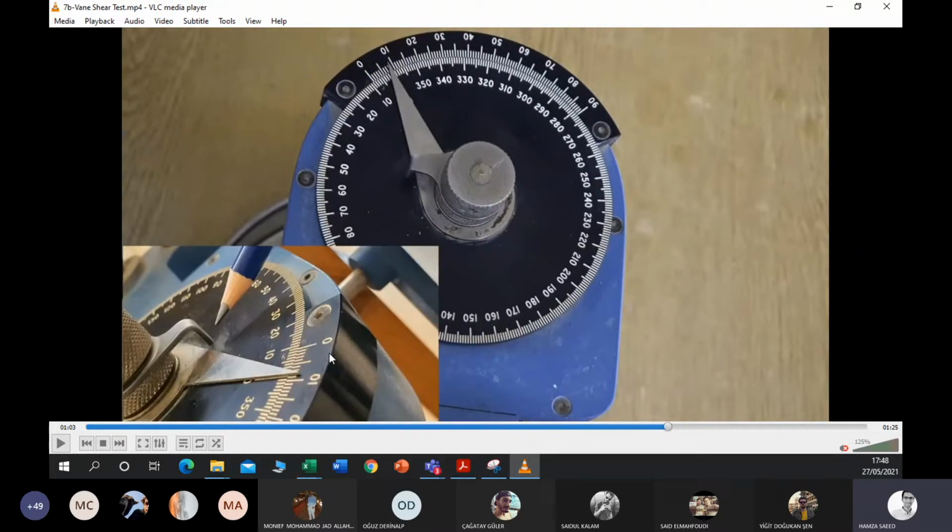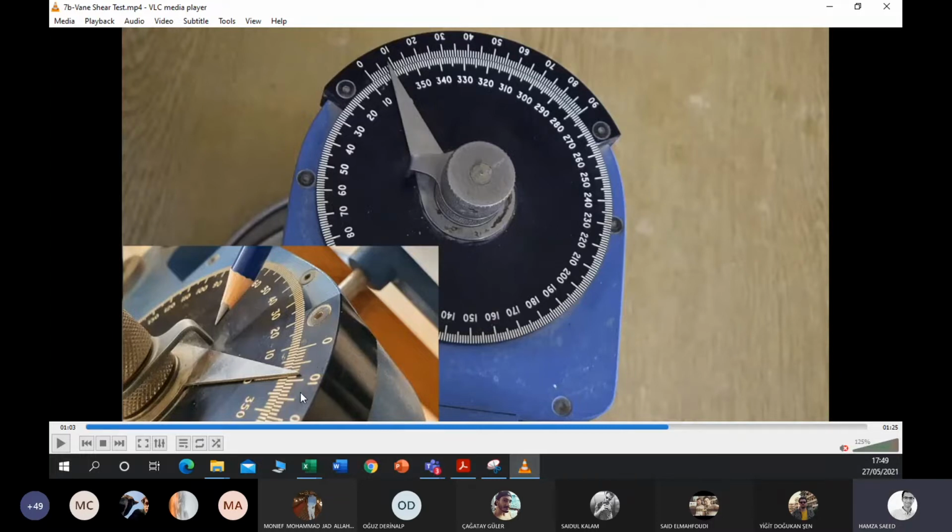Now, when to stop the test? As you can see in this figure, when this pointer separates from the carrier knob, which is connected to the spring over here, that is when you stop.